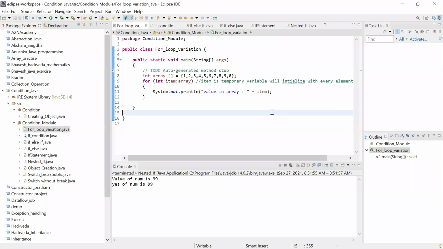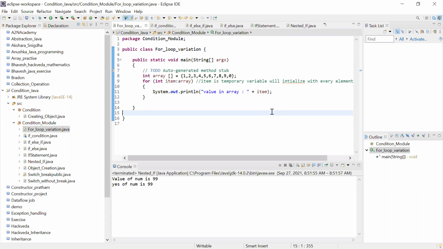I have explained the for loop in an Oracle document in another way, but there is a new for loop syntax that was added in Java 8 onwards, like this. Suppose you have an array. I hope you remember this array, but if you don't, not an issue. Array is one data structure in Java or any programming language that is used to hold homogeneous data, a set of homogeneous data.